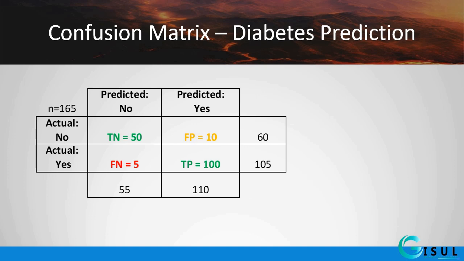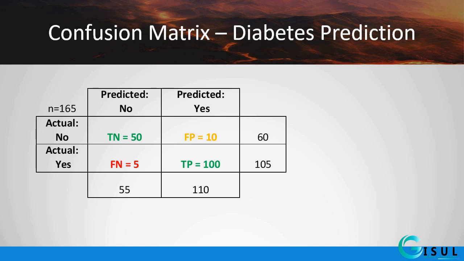The shape or size is 2 by 2 because this is a binary classification problem. So, if there were 5 possible response classes, this would be a 5 by 5 matrix. When a confusion matrix is used for a binary problem, each of these 4 boxes has a specific name that is useful to memorize. The bottom right is called the true positives and indicates that in 100 cases, the classifier correctly predicted that a patient has diabetes.